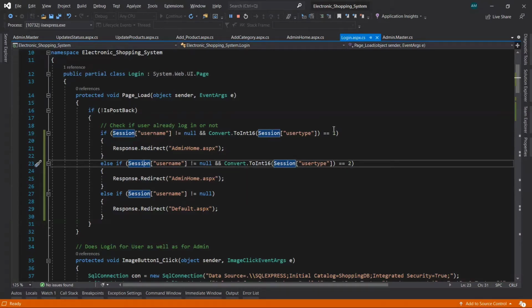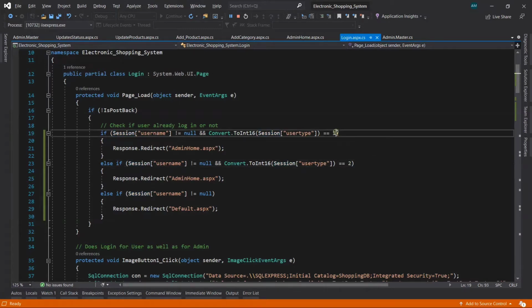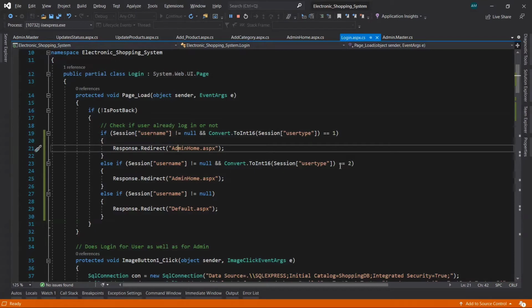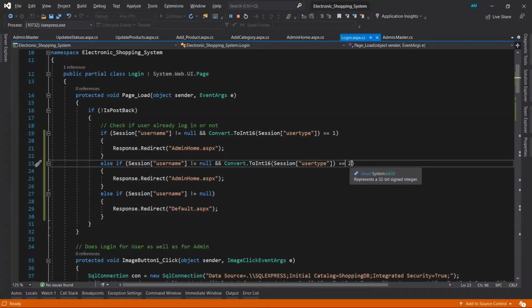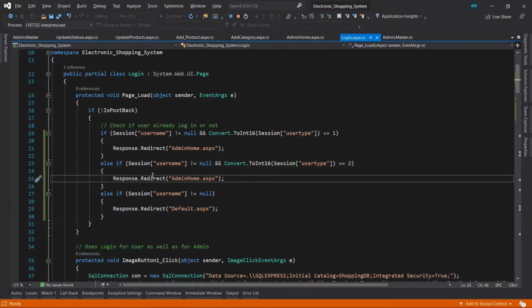The difference is I have taken the user type here for the first user, that is the admin. This condition is for the admin. If he is admin, then he will be redirected to the admin home page. In the second condition, it will check if the user type is equal to 2, that means it is the vendor. Based on that it will redirect the vendor to the admin home page.